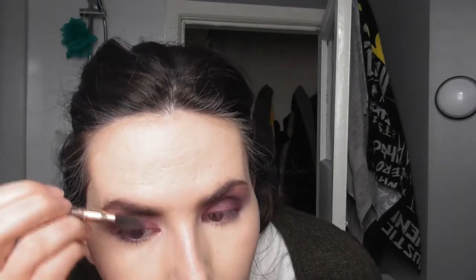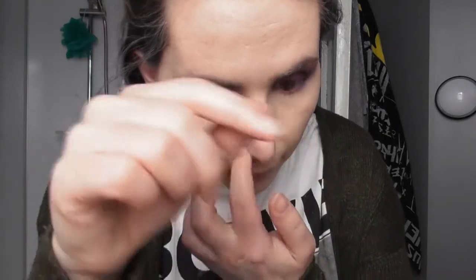I just realised there is colour all the way up to my eyebrow. Oh guys, I went way OTT with this purple. Way OTT. It's alright, we're gonna live. We're gonna live. And I need my brow